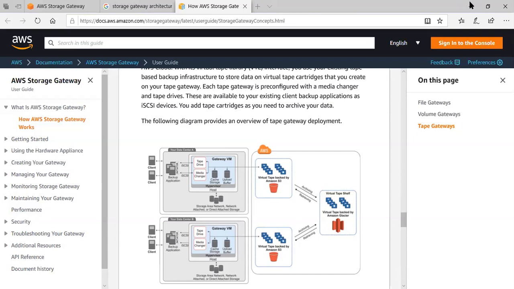Let me go back and help you understand the basic concept of what is what. Go to Google and say how does data backup work.